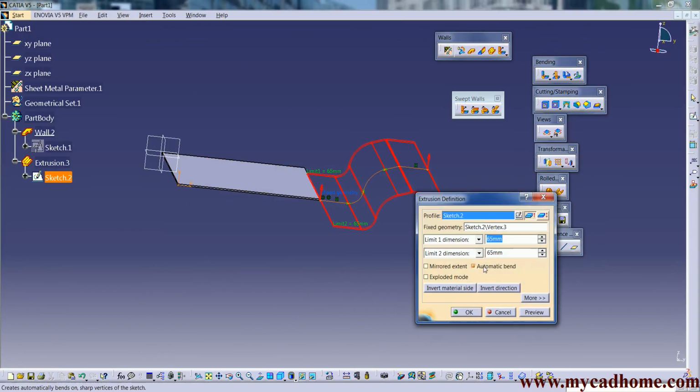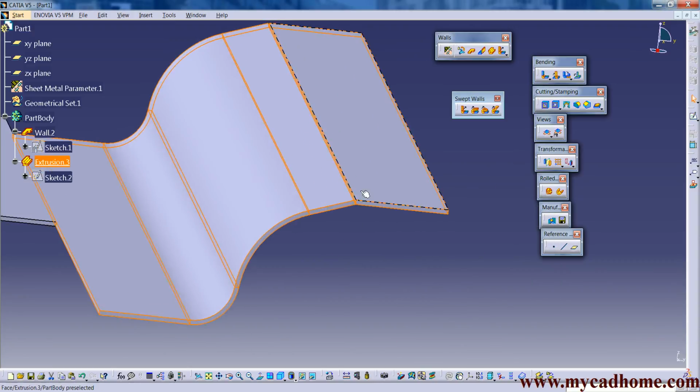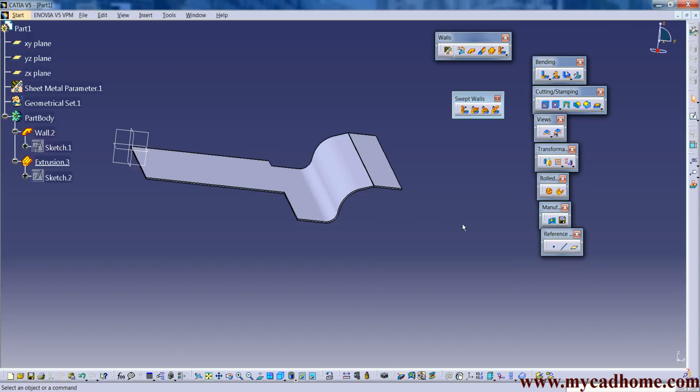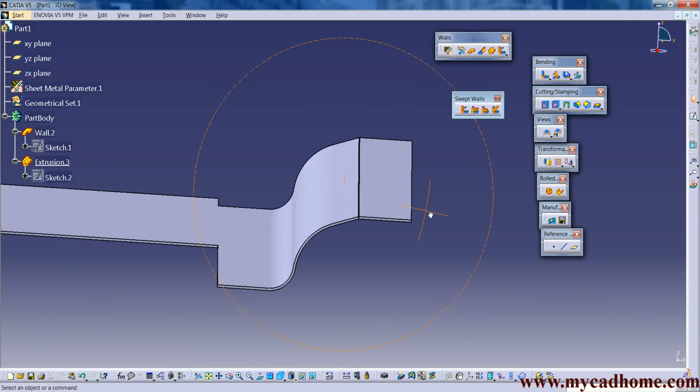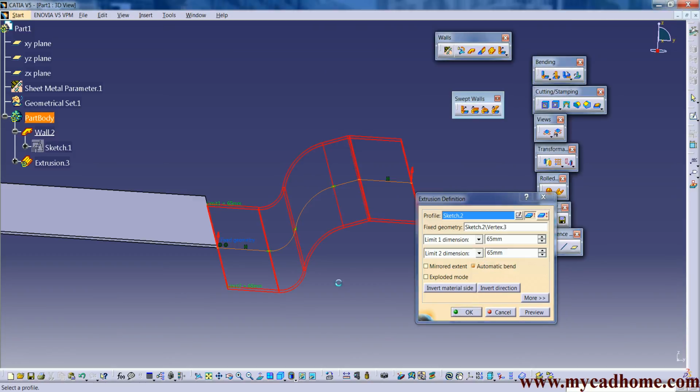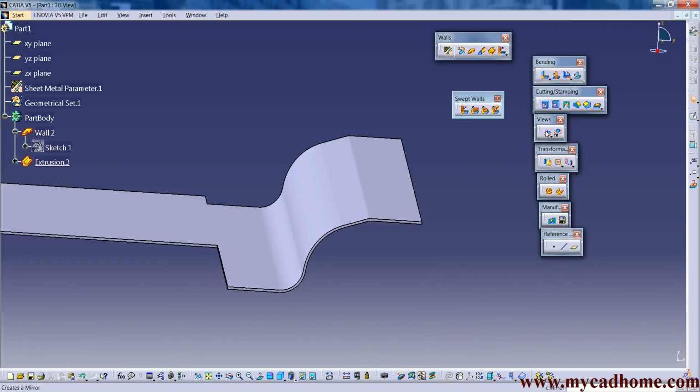In some cases this will not show, like if we have very sharp edges, and it's not showing whether the radius has been taken or not, you can directly check it from here also. When you flatten it or unfold it, it will not count that part. That's another feature. If you want this part to be counted and linked with this surface, you have to make one linkage like automatic bend, so that it connects with them, and when you unfold it, it will be included in that feature.